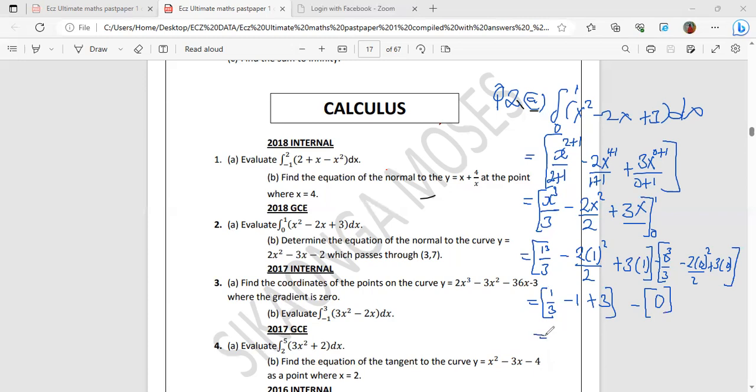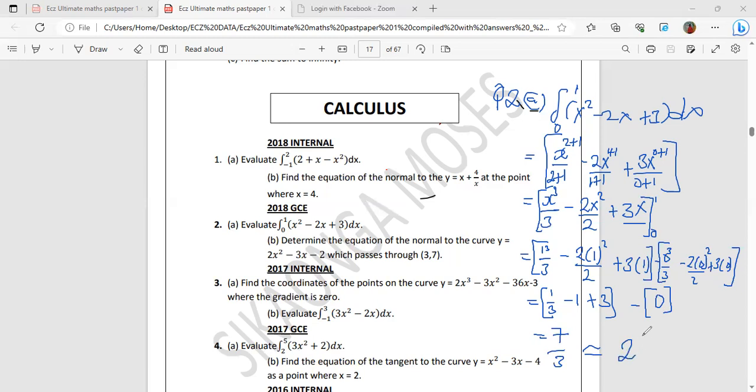Then you add this side, so you get that plus 3. So the final answer here is 7 over 3,